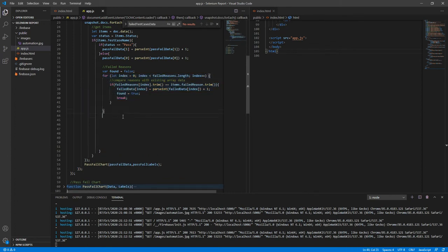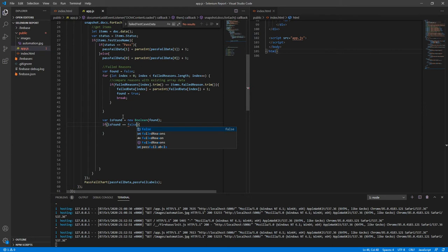If it's not found, is found, new boolean, and then we pass in found. So if is found, so if it's not found,